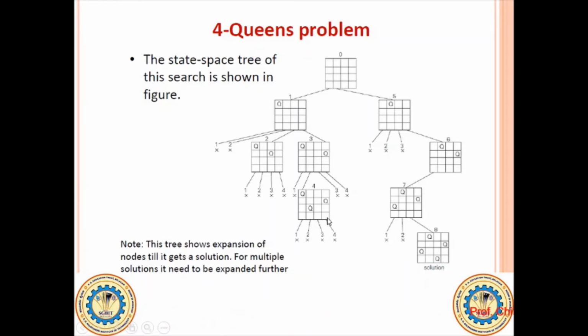Next we will be searching for a place for queen 4. Can we place it in the first place? No, as queen 1 is already there. Can we place it in the second place? No, queen 3 is already there. Can we place it in the third place? No, this will become diagonal for queen 3. Can we place it in the fourth column of the fourth row? No, because queen 2 already occupies the same column. Hence this whole solution we are not going to consider.